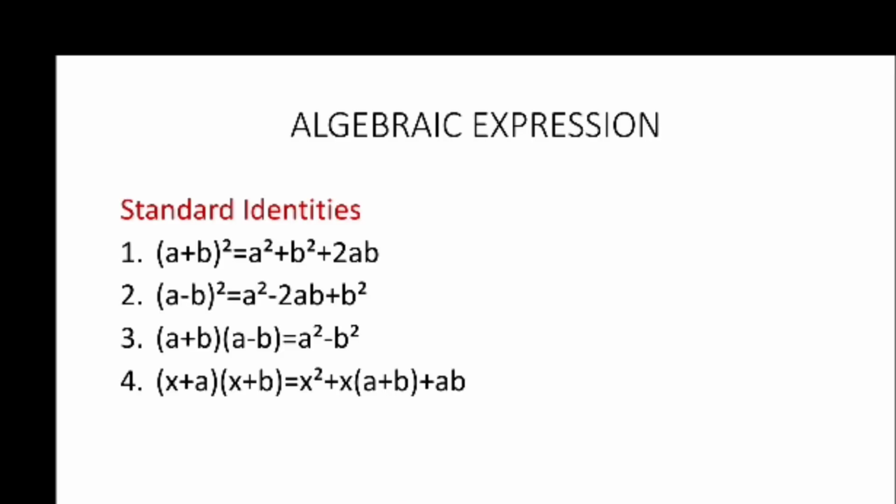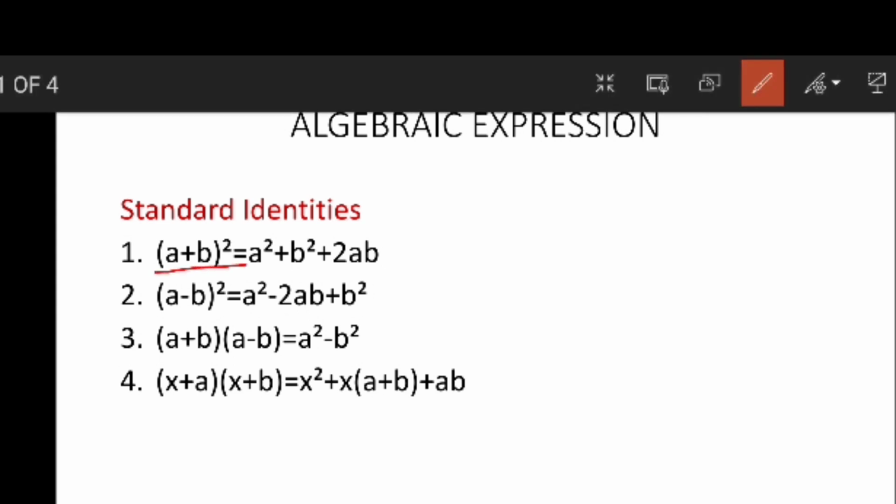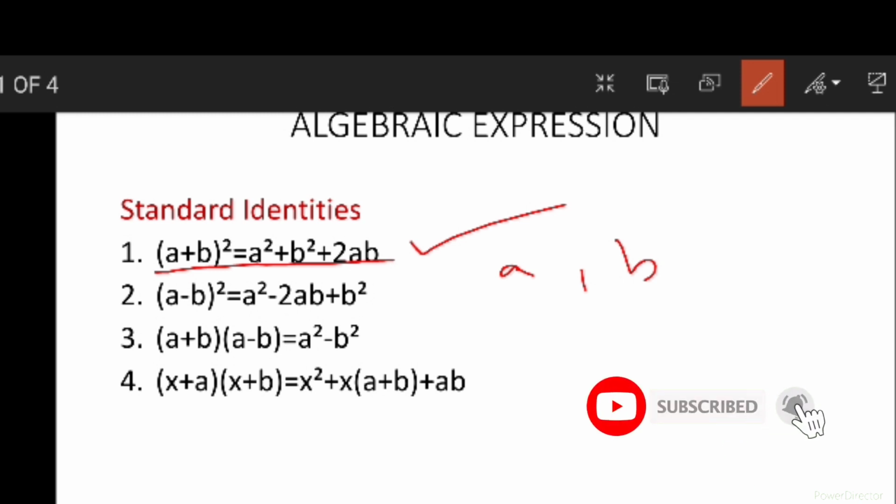Okay, so that is what we see in the first identity, that is (a plus b) the whole squared is equal to a square plus b squared plus 2ab. So it fulfills the identity. So if you give values to the variables a and b, it should be fulfilled on both the sides, that is (a plus b) the whole square, left hand side and right hand side should come as equal. That is what we are calling an identity. That is, an identity is true for all the values of the given variable. Okay children, I think you understand.